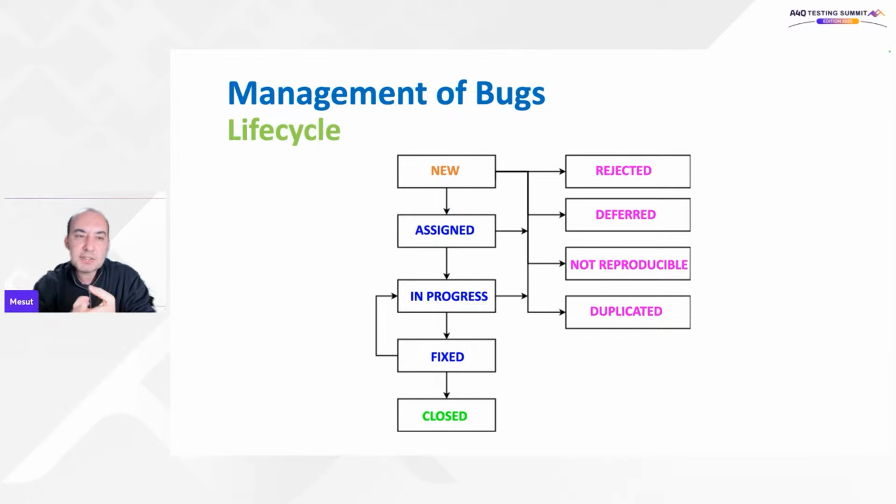Like the issues are starting from new status and then in progress and under review and finally closed. Or a similar one, like 3-4 steps or status. But I can customize this workflow or the life cycle to increase or to improve the granularity. Like I can add more status after new, just after the report was created, I can